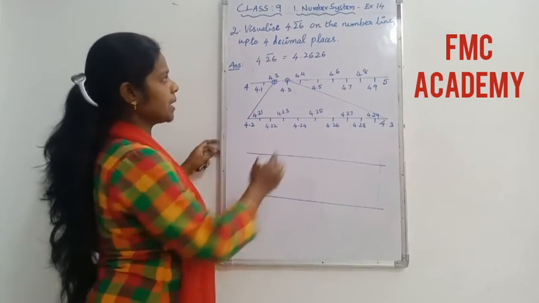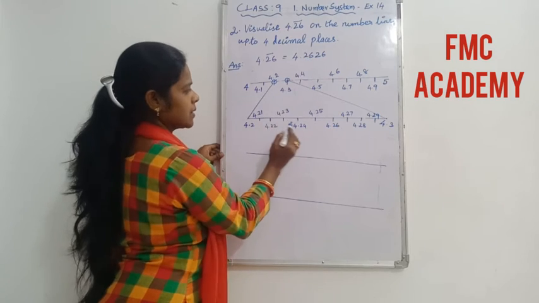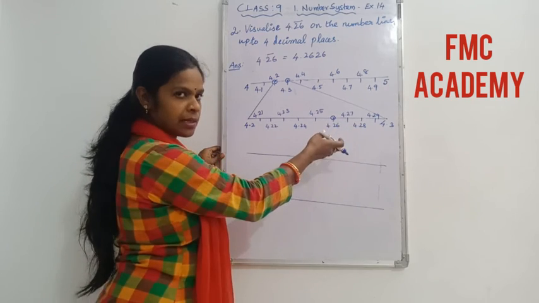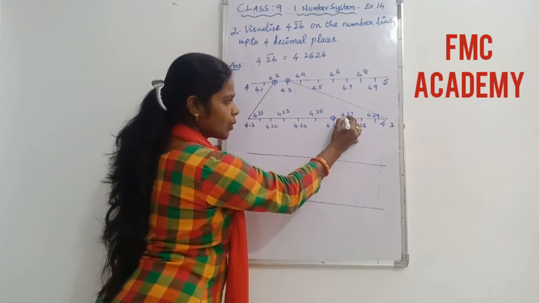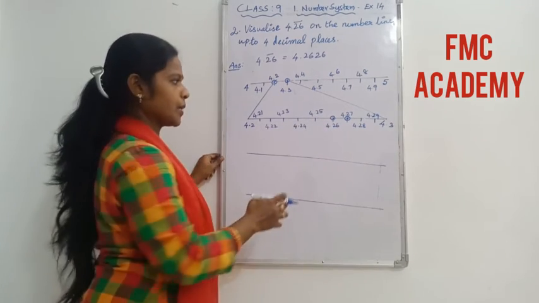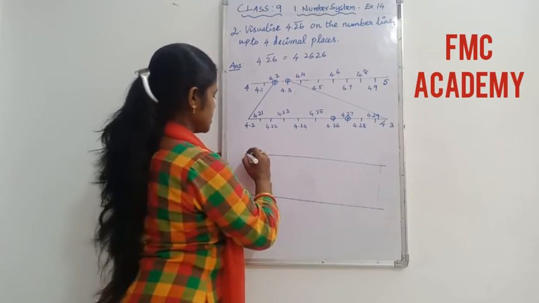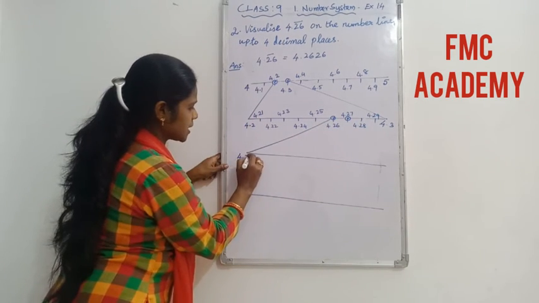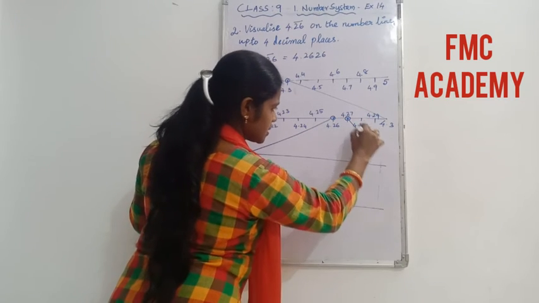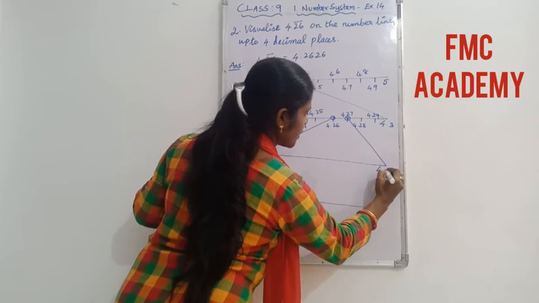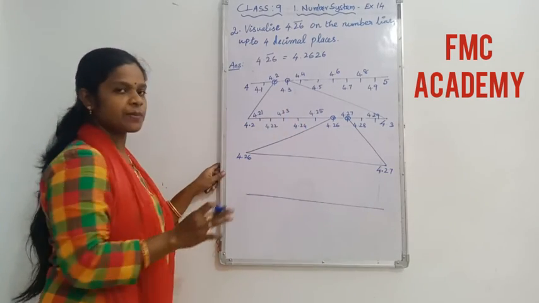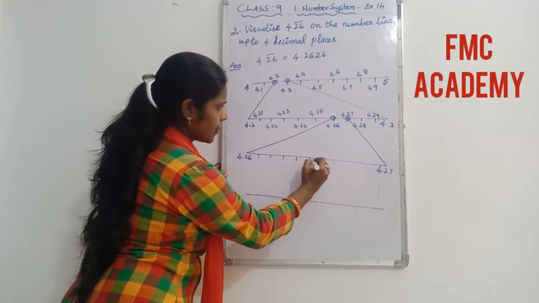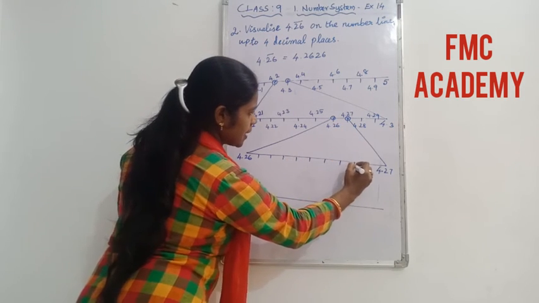Yes, now which number you have to locate? 4.26. So 26 where is it? Over here. 4.26 located, and then take the next number, because for the particular number you are going to search between these two numbers. Okay, so which numbers are you going to take? One is 4.26, and another number is over this, that is 4.27. So let us make 10 equal parts. 1, 2, 3, 4, 5, 6, 7, 8, 9.